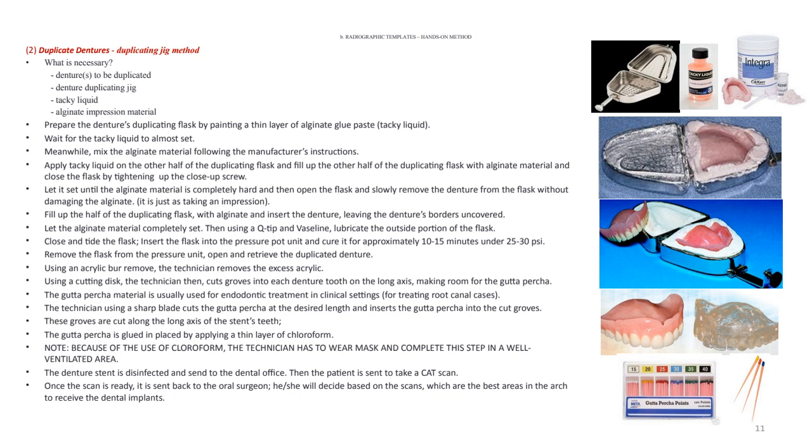2 to 3 millimeters of the border should be exposed, and then do the same procedure on the other half of the flask. So use the tacky liquid again, let it set for a little bit, fill up with the alginate or whatever impression material you're using, and then close the jig over the denture and let it set. Once the alginate is set, you can open it up, take out the denture, clean it up,